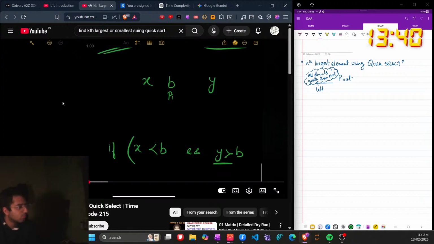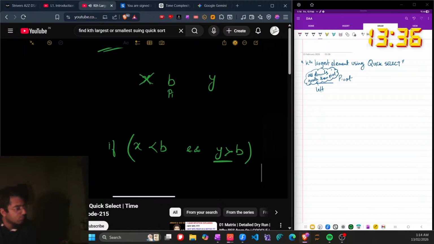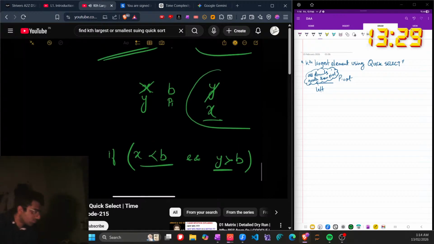तो देखो, if x is less than b and y is greater than b, तो हम क्या करेंगे, y को यहाँ ले आएंगे, x को यहाँ ले आएंगे। x को क्यों यहाँ राइट साइड ले आए, क्योंकि b से छोटा है वो। ये रहा, ठीक है, ये चीज़ क्लियर हो गई।